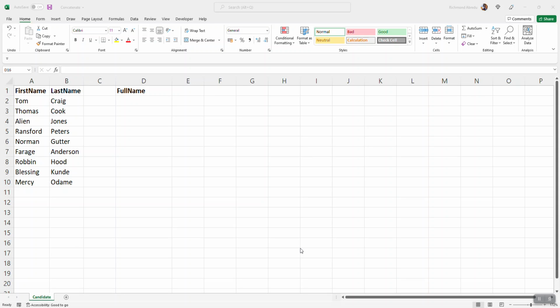There are 6 basic useful Excel functions that you need to know. We have concatenate, left, right, mid, len, and find functions. These are very basic but also useful if you know how to use them. So let's crack on. Okay, so today I'll show you how to use the concatenate function to join two items